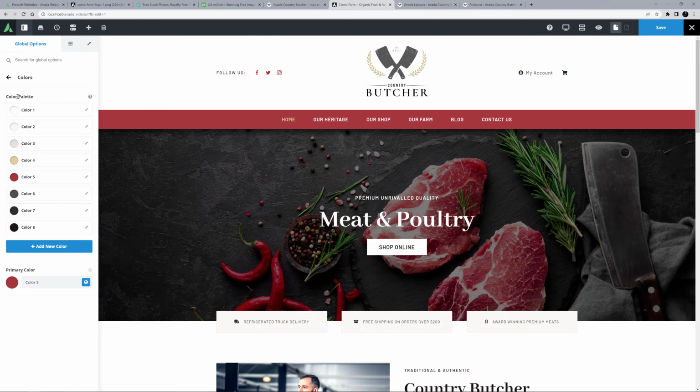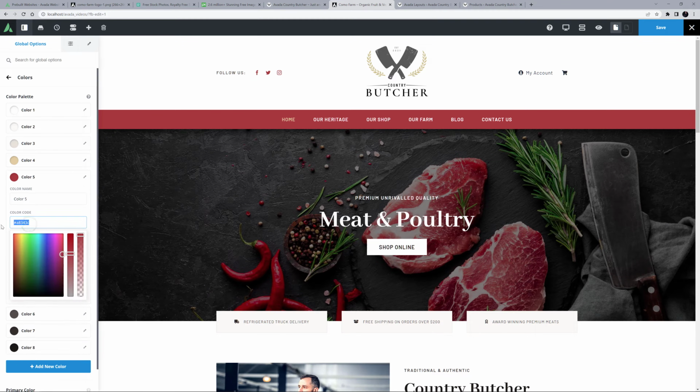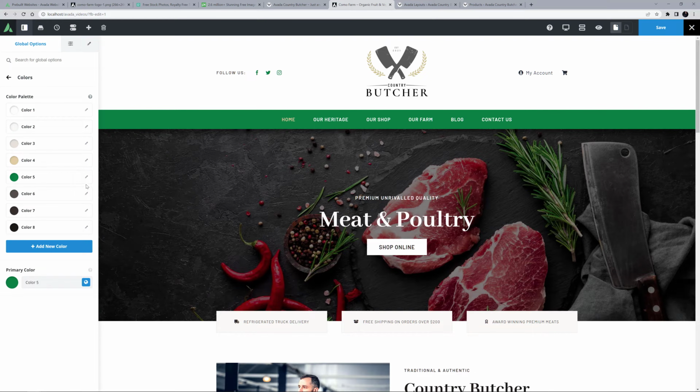Here we can see the color palette for this site. Color 4 is the gold, color 5 is the red, which is also the primary color, and the rest of the palette is a mixture of subtle shades, both light and dark. Your logo is always a great place to pull your site colors from, so I'm definitely going to use the logo green. I'll just replace the red with my green here, and straight away we can see our menu and social links change, as these elements are linked to the color positions from the color palette,